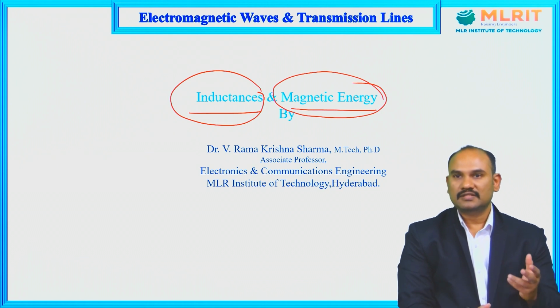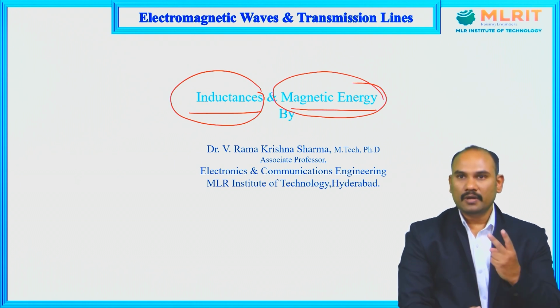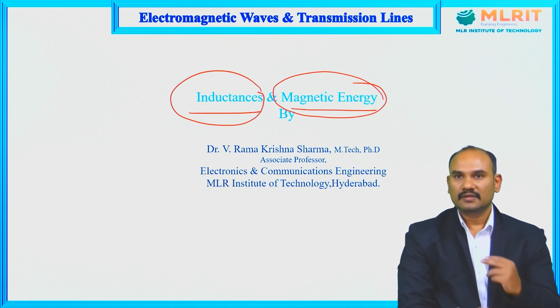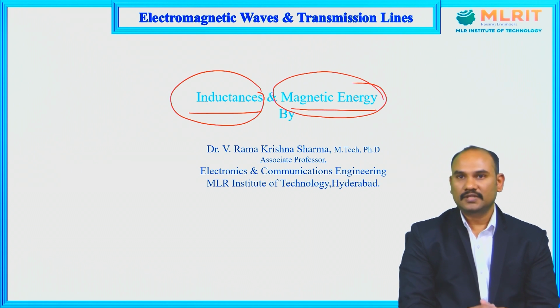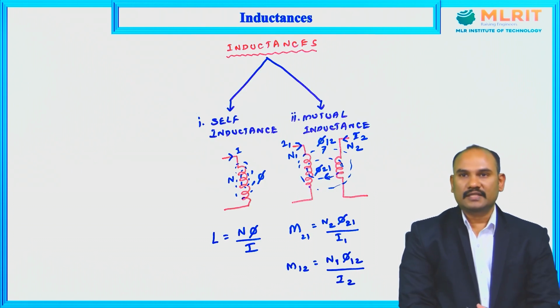The first one is self-explanatory. Inductance means by default it's a magnetic phenomenon. Like we say capacitance as electric capacitance, we say inductance as magnetic inductance. There is no confusion in that. But energy means there can be two types of energies, electric energy and magnetic energy. In first chapter, that is in electrostatics, we have seen electric energy. In the second chapter, we are going to discuss now energy, which is magnetic energy. Here they are categorical.